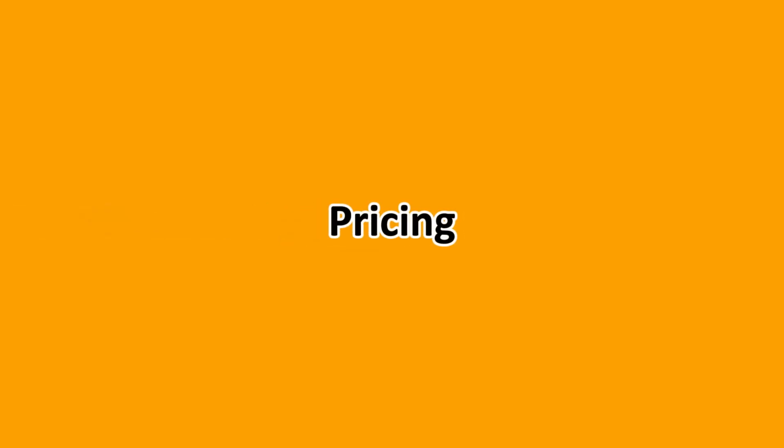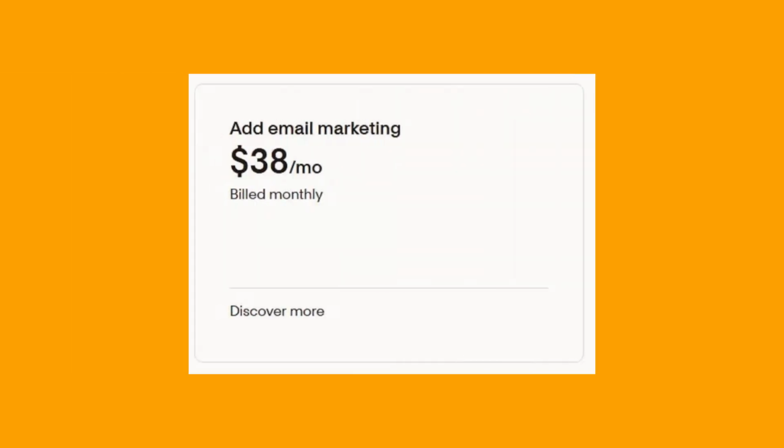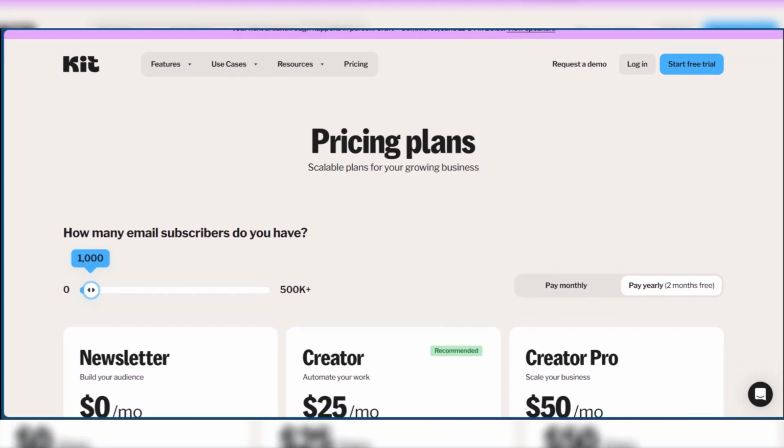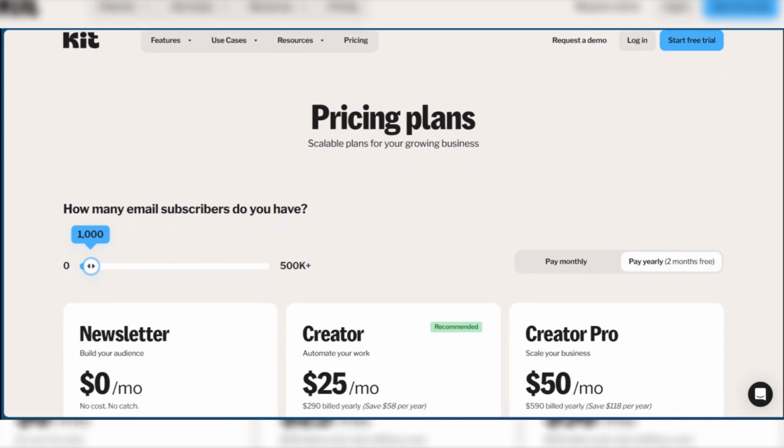Now, when it comes to pricing, Flodesk has a free plan, and you can use this to grow with forms and landing pages. The email marketing plan comes at $38 per month, and the e-commerce add-on at $26 per month. ConvertKit, on the other hand, has a free or newsletter plan with up to 10,000 subscribers, one email sequence,